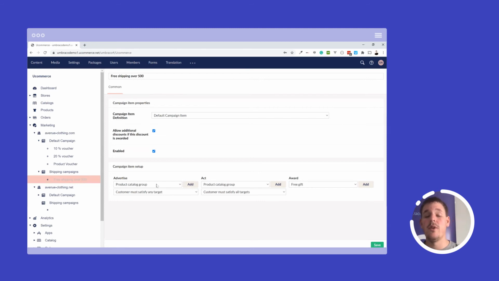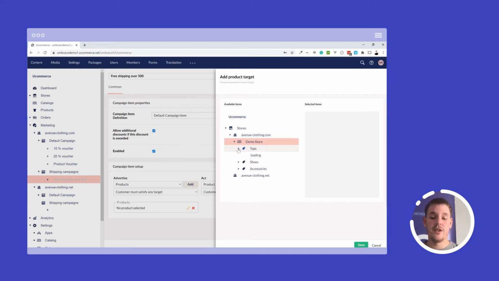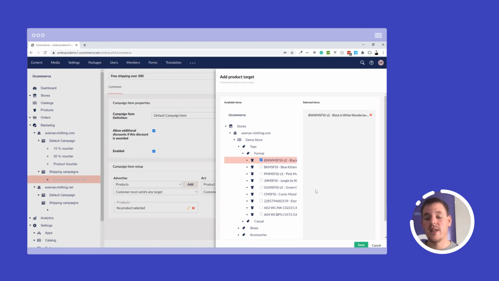That is, for example, all the campaigns where the product I'm looking at right now will affect that product. In that case, I will be able to set up the products here as the Advertise bit, and then select whatever product that I want to advertise for. That could be, if you purchase this product, then you will get free shipping. Then you may be interested in showing that on that particular product page. In that case, you just unfold and select your product and click Save.